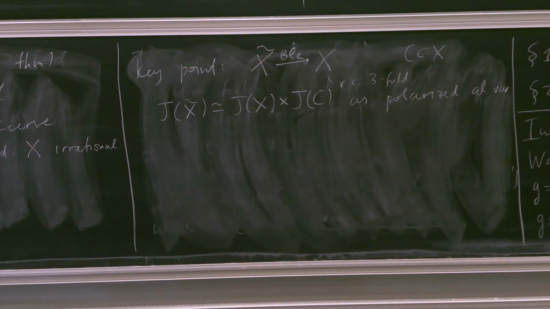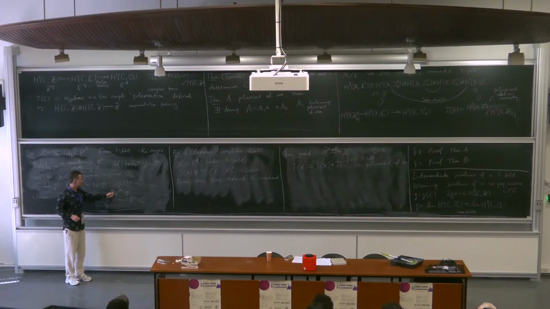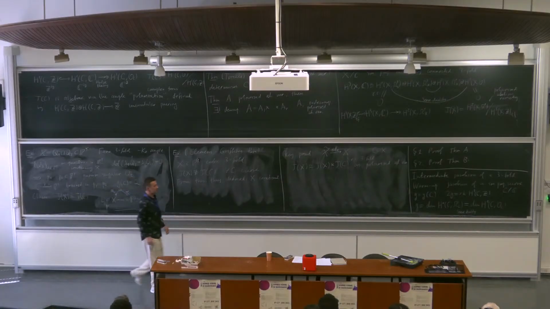And now maybe this becomes relevant. If we look here, if we believe this rationality construction, blow-up of a line, and then blowing up a curve C on this other side, what it tells you is, okay, the Jacobian of P3 is 0. It has no middle homology. You blow up the curve. The Jacobian here is now the Jacobian of this curve. But the Jacobian doesn't change under blow-up of this line because it's a line. It's trivial homology in the middle. So this geometry is one way to prove this isomorphism using that key observation.